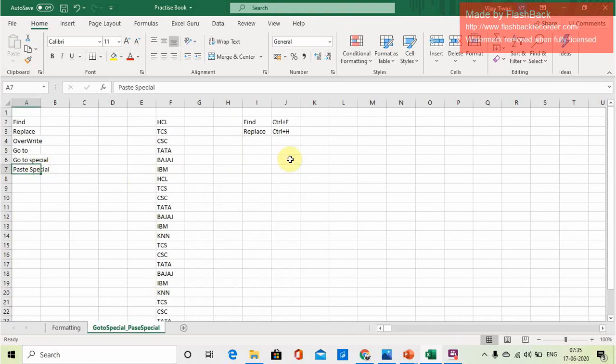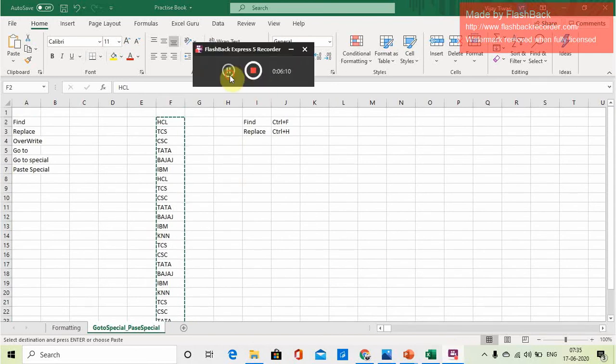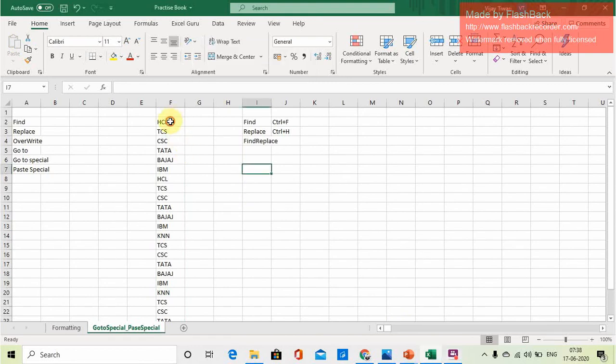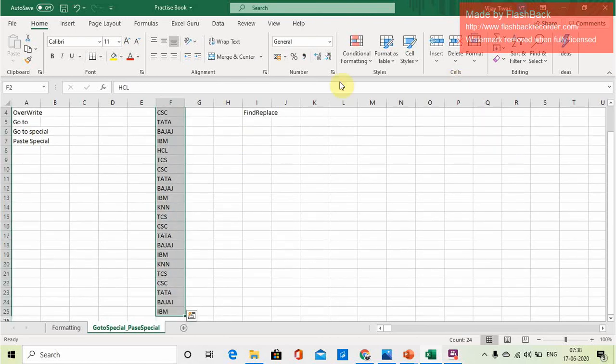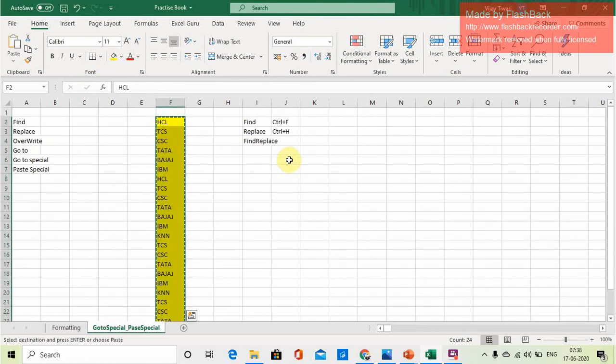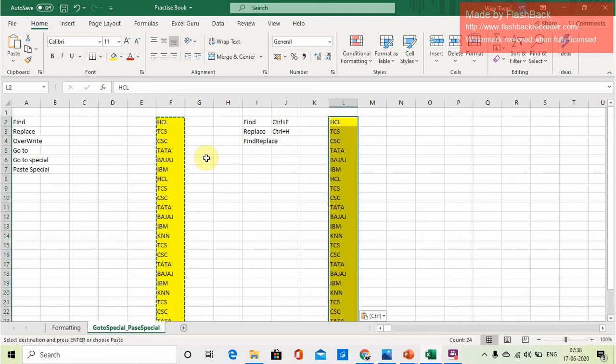Okay, let's come to Paste Special. So friends, we all know how to use copy and paste. For copy and paste, I have highlighted this in yellow color. If I copy and paste here, it will copy the cell value and color, both will be pasted. The formatting of that cell, and the content also.